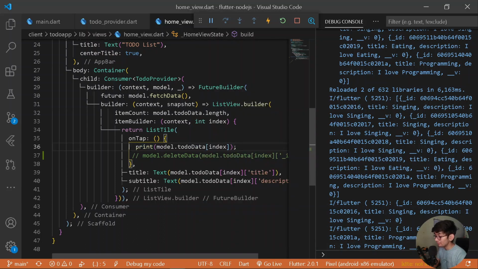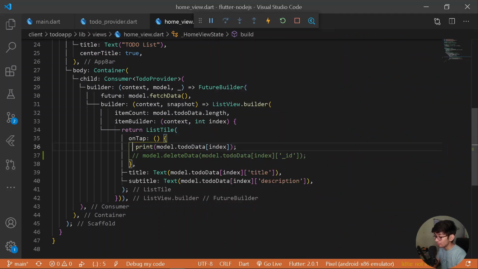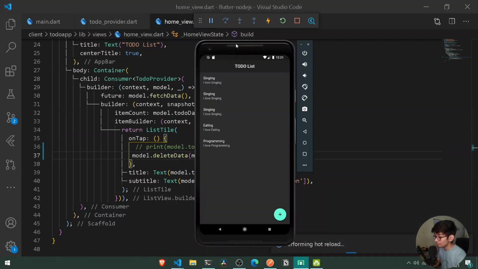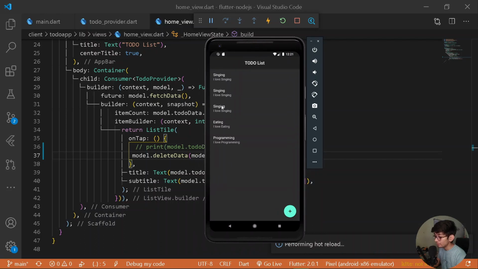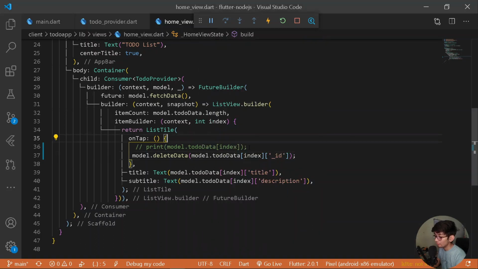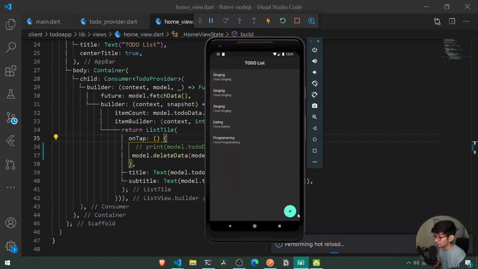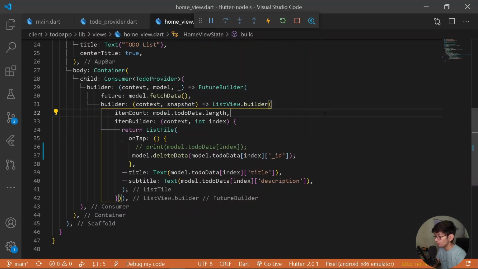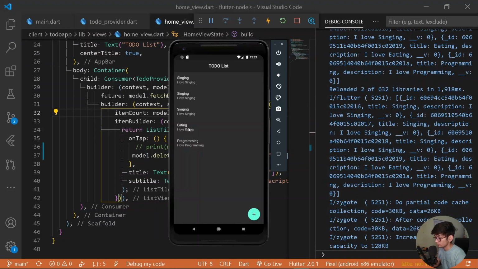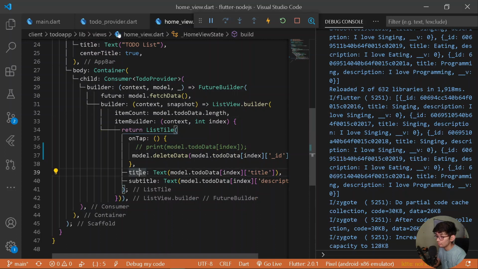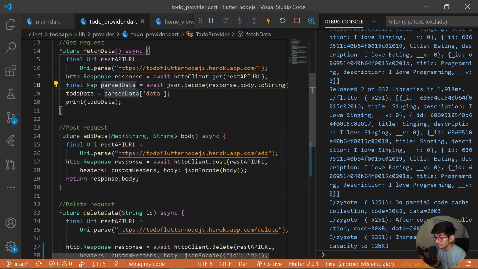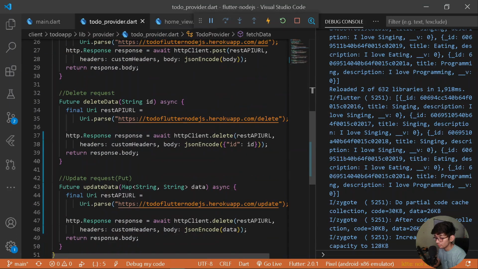So for that purpose, let's go back of our debug console, let's omit this line, and now let's try deleting this piece of line. So here let's open this up, and if I tap over it, let's tap over it and reload our entire application once. Okay, nothing is happening for now. Let's open our debug console. Alright, so let's go under to do provider under our delete data, where it was.